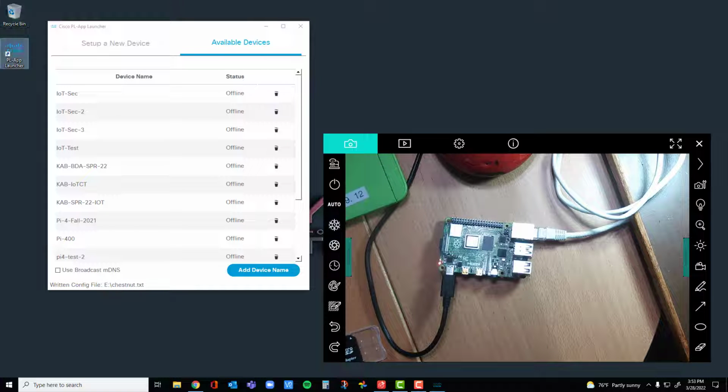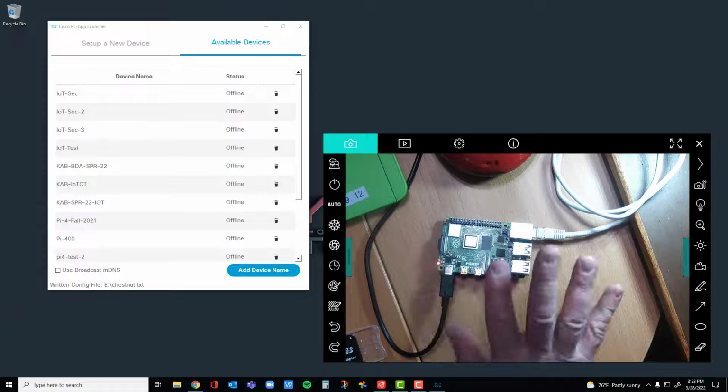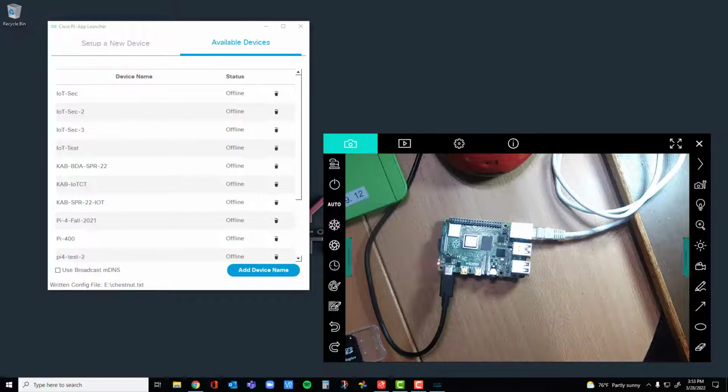So I'm letting this thing boot. You can see there's no monitor. I'm not looking at anything. Okay. And what I'm hoping to see here is, it usually takes anywhere from 3 to 5 minutes for this to boot, but